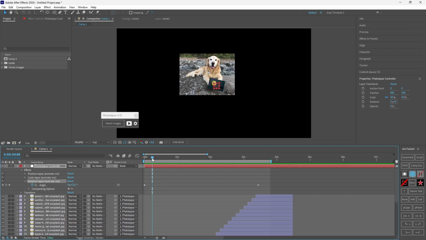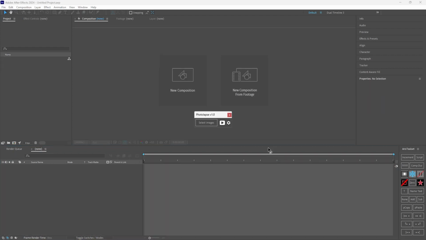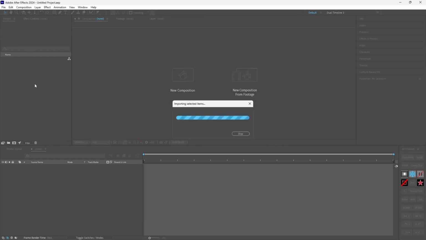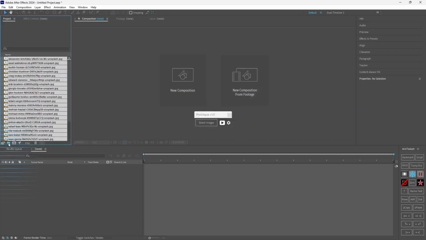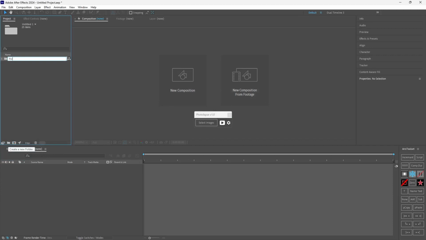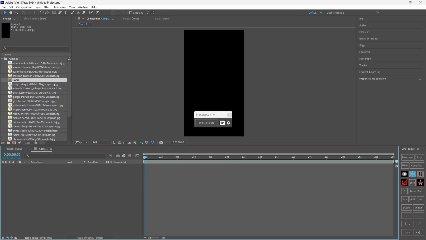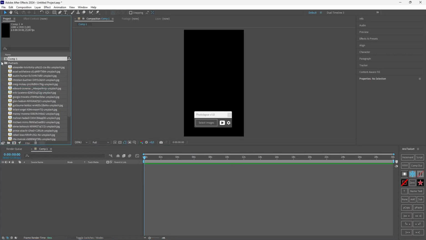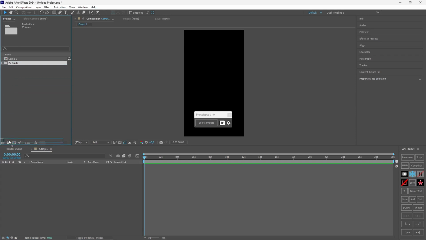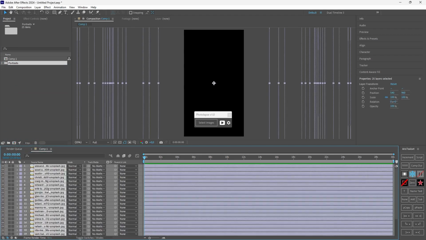Now let's go to the second Photolabs. For this one, I will use some images with portraits of people from the Photolabs that you saw in the introduction. So I will import the images. Let's make a new folder. Let's make a new composition. And I will make this vertical. And okay, I will get this out of here and I will drag all the images inside the composition.